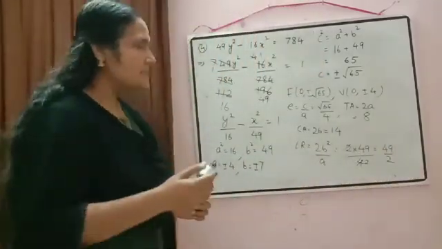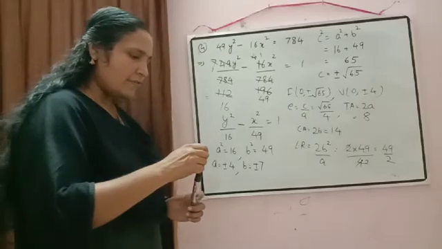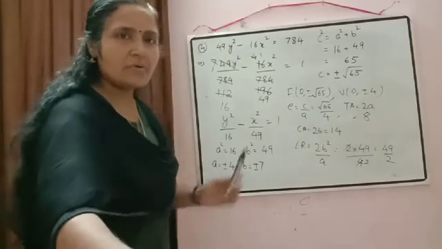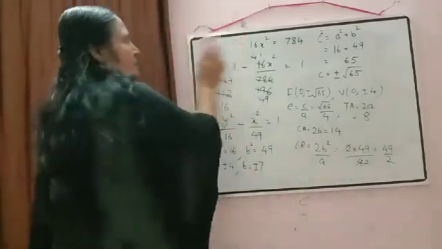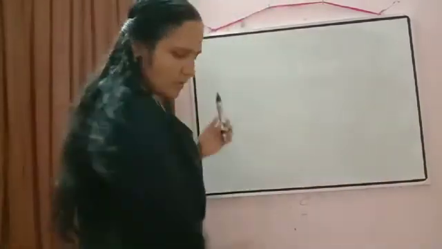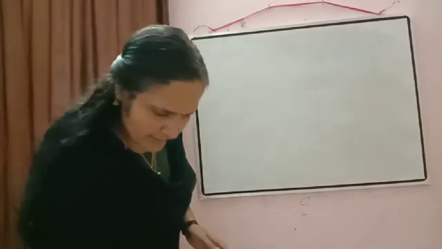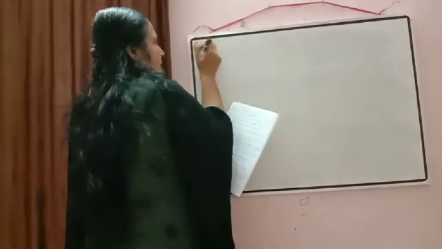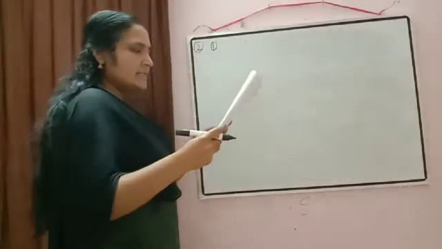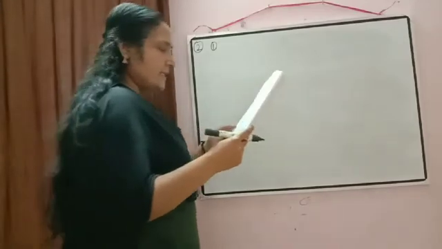So I hope this concept is clear. When the equation of hyperbola is given, how to calculate everything. Okay. Now we will do the opposite. Some conditions will be given and we will frame the equation of hyperbola. Okay. So write down all of you. Find the equation of hyperbola satisfying the given conditions.